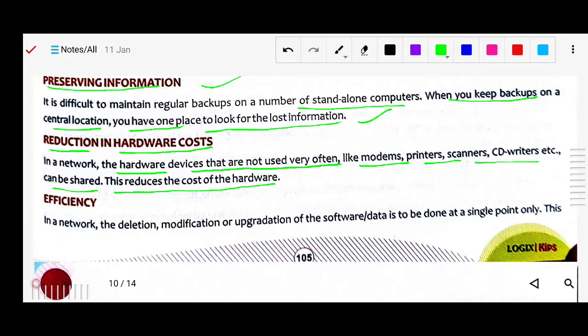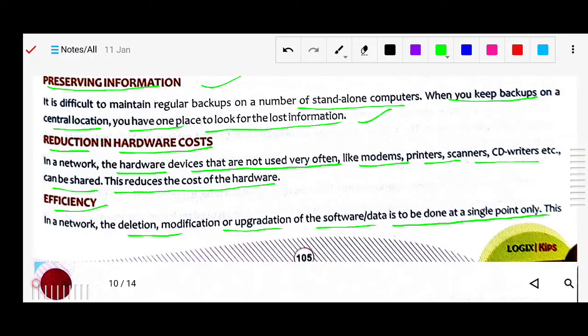Okay, next is efficiency. The deletion, modification, and upgradation of software is done from a single point. Suppose only one server computer is there and everything is installed there, like MS Word or any software. To upgrade this system, like your MS versions, 2010. Okay, like upgrading from 7 to 10. If you have 5 computers and all have Windows 7,